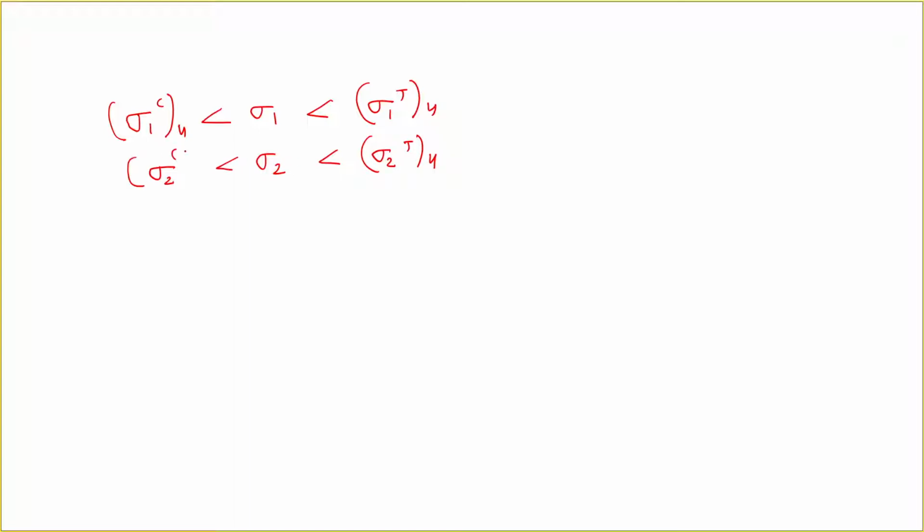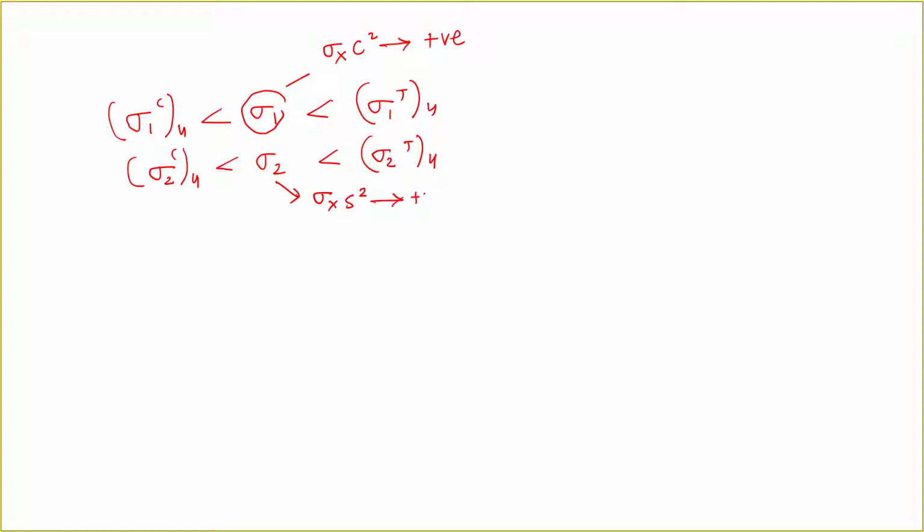Yeah, so you can see this is sigma 1 cu, sigma 1 tu. Okay, similarly sigma 2 tu, sigma 2 cu. Now in this case you can see sigma 1 is sigma x cos square theta, sigma 2 is sigma x sin square theta. Okay, because sigma x is positive, therefore this is always positive,